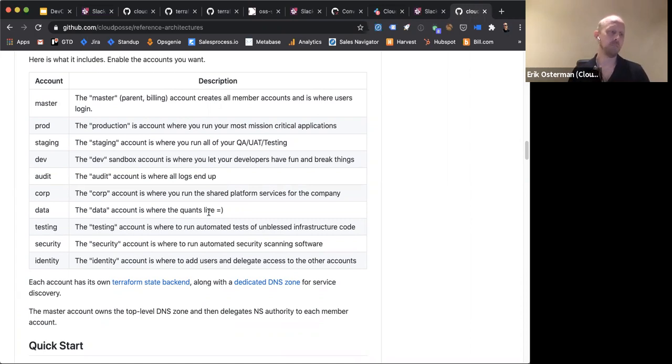We feel like there should always be a core set of pet accounts. Accounts in AWS are not like projects in GCP, because with projects in GCP, you can just click a button and delete it, more or less. But in AWS, accounts are not easily deleted. They exist forever.